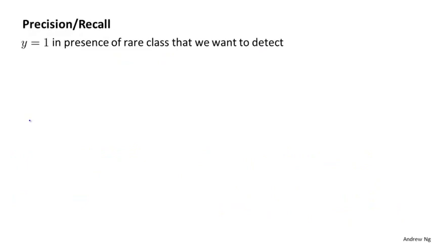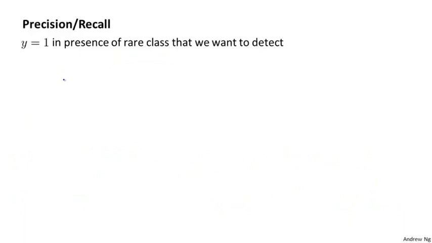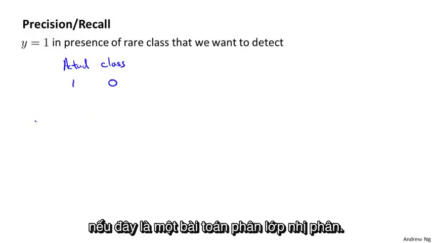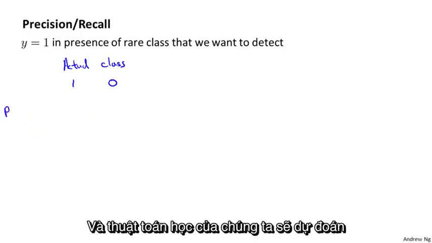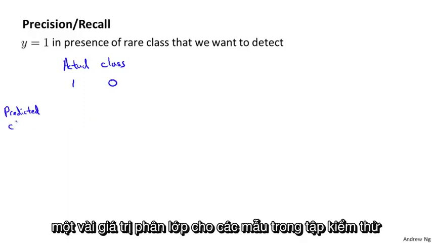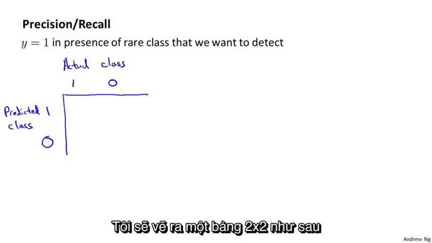Let me explain what that is. Let's say we're evaluating a classifier on a test set. For the examples in the test set, the actual class of that example is going to be either 1 or 0, if it's a binary classification problem. And what our learning algorithm will do is it will predict a value for each example in my test set, and the predicted value will also be either 1 or 0. So let me draw a 2x2 table as follows,